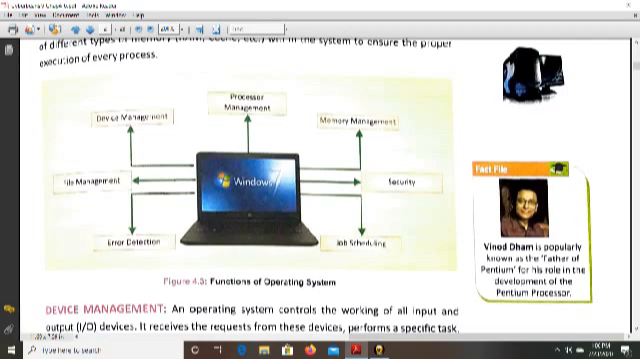Job scheduling, how the task is being given to the processor. Some priority is decided by the operating system. Error detection: suppose you give the command to print but the printer is not attached, so it will also display the proper message. Next you see the